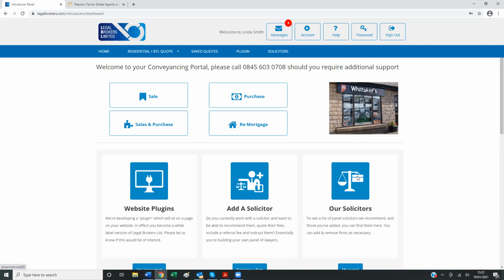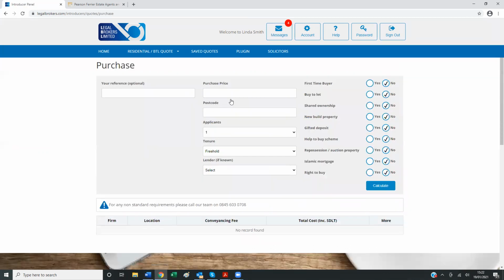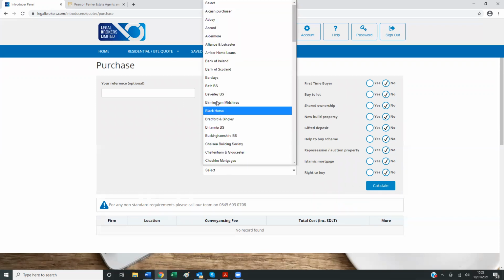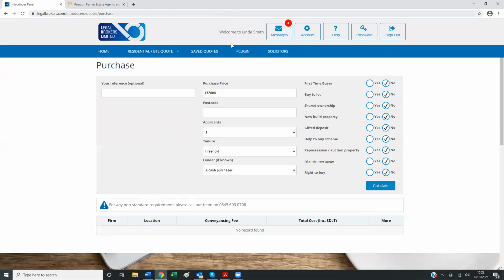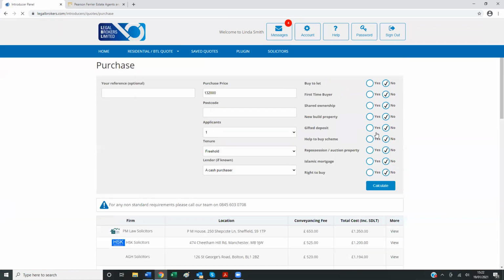But in its simplest form, the introducer would log in and go, I'm sat in front of a client. I want to run a purchase quote for 132,000. Don't have to put these details in. I'll decide that it's a cash purchase. I'll say all these are no, and obviously they all attract different legal fees. And I'll do calculate.